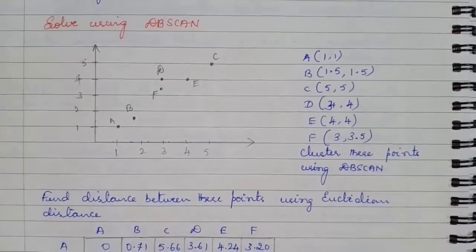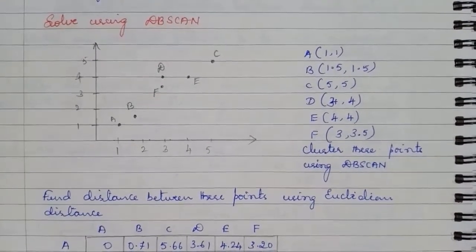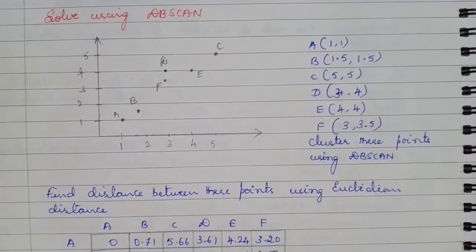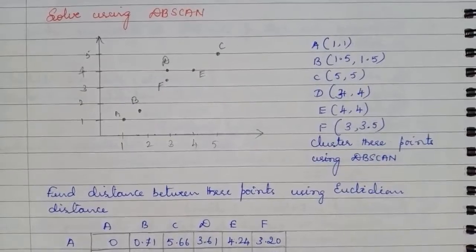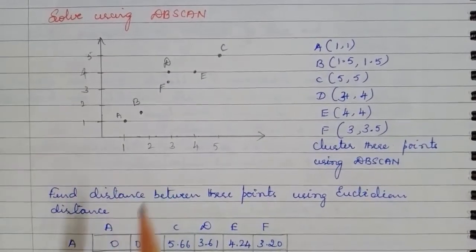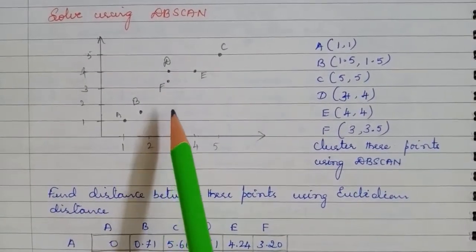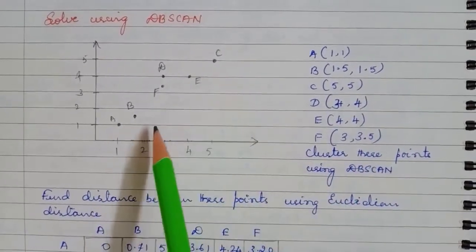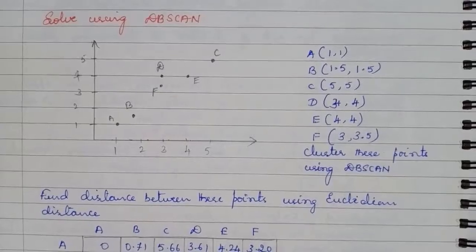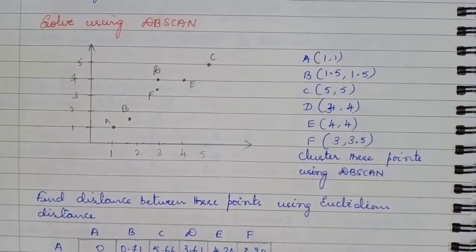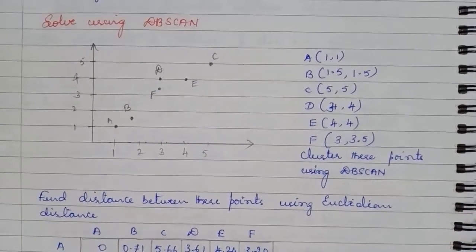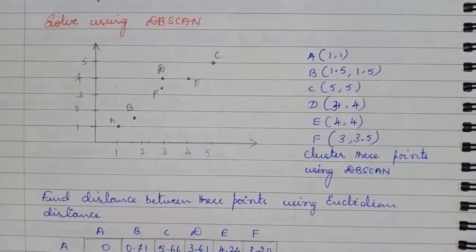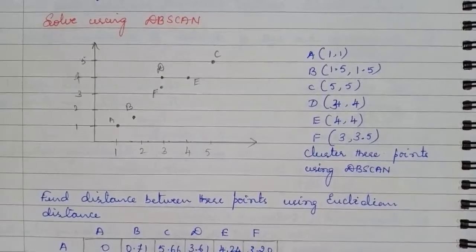Everyone, in today's session we are going to learn about solving a clustering problem using DBScan. The data for the problem can be given as scatter points like this, with the coordinates given for all these points. The first thing is we have to calculate the proximity between the points. If they are near, or close enough, then they can fall into one cluster.